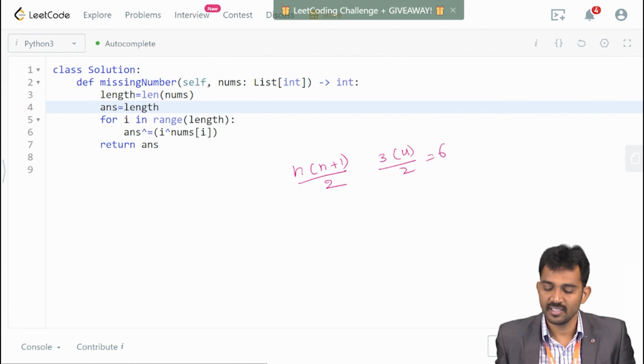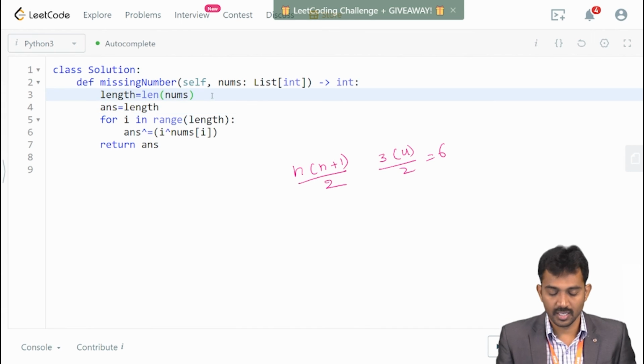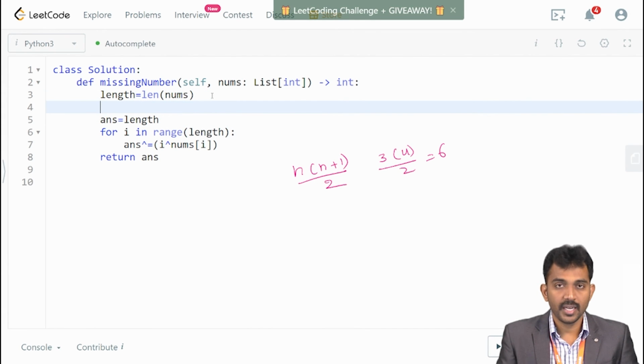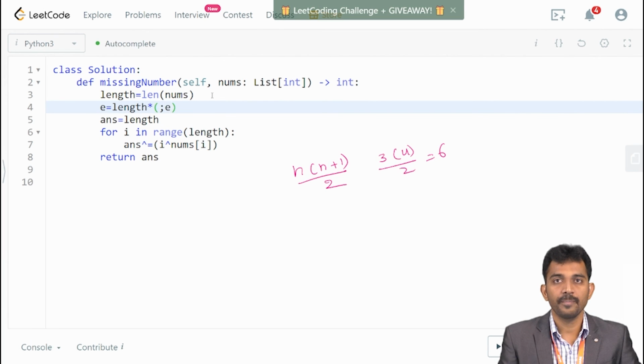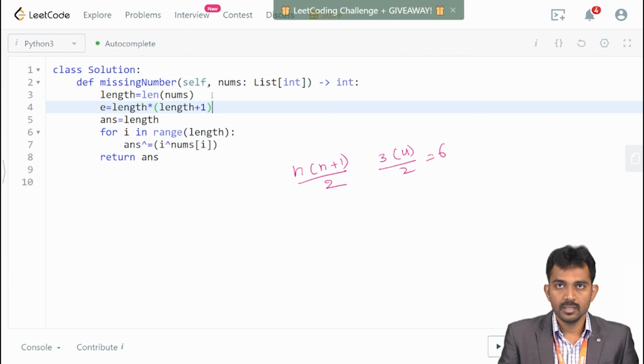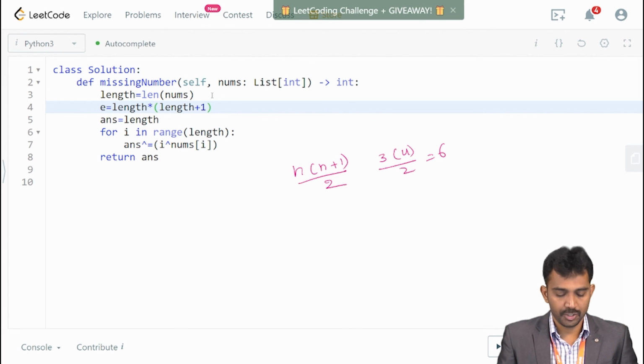Fun, right? See, the length is there here. What I'm going to do here, right? What is the expected value? Length into length plus 1, by 2.